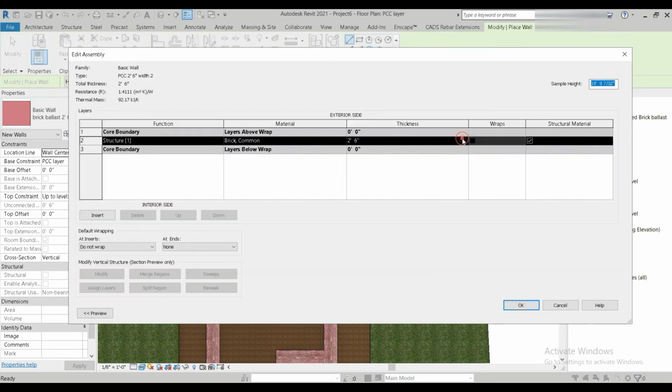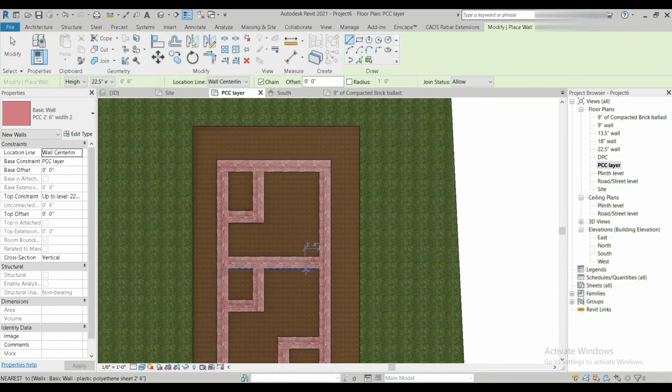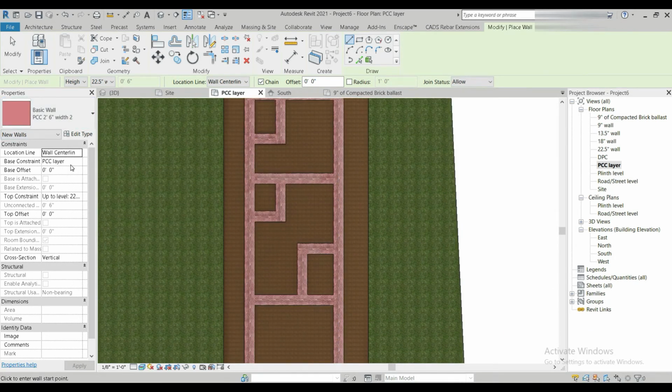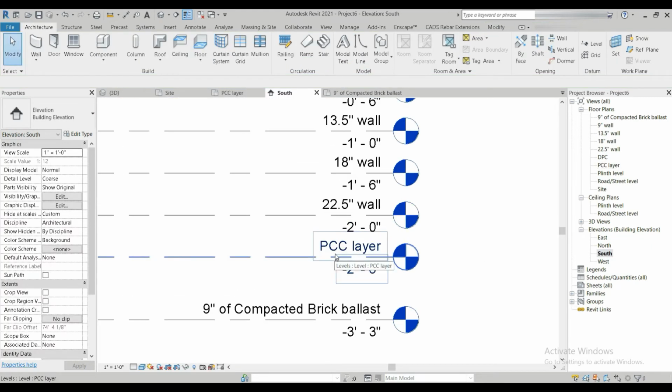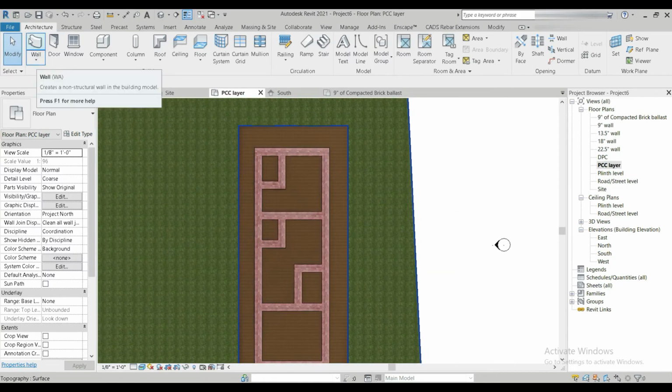So rest everything is in fact the same, brick common, and the thickness is that. Okay, so let's start making our wall. The base constraint is going to be the PCC layer, and the top constraint is going to be the 22.5 inches wall. So PCC layer, wall,